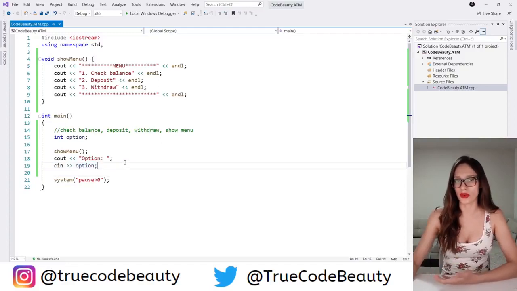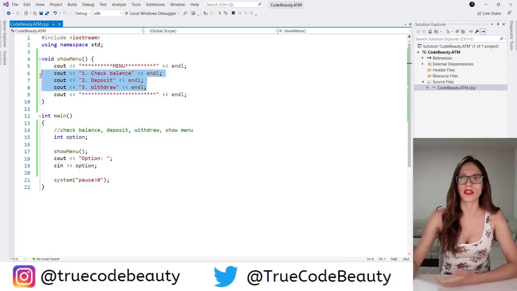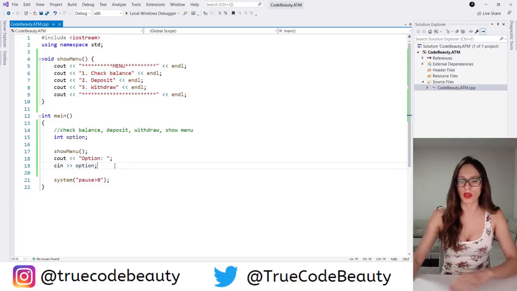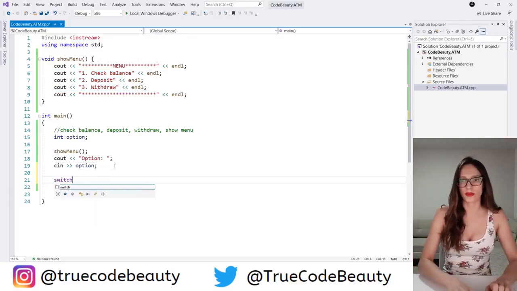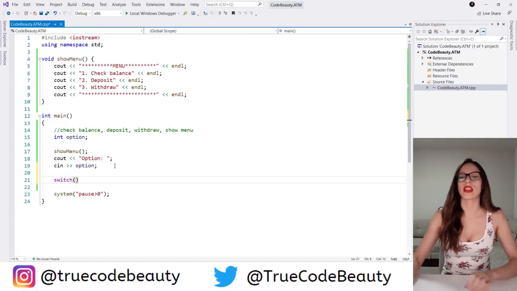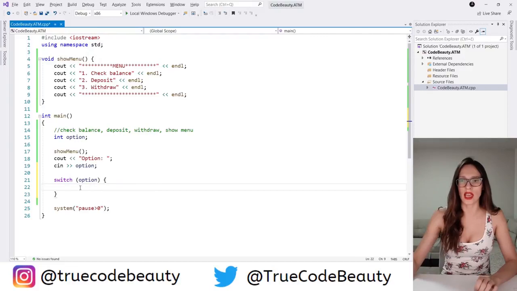So what I want to do now is handle these three options, and I'm going to handle these three options using a switch case. So I'm going to write switch, okay, and then here I want to put this option variable. So that is going to be the value that I want to check. So I'm going to say switch option, and then in the case that our user has